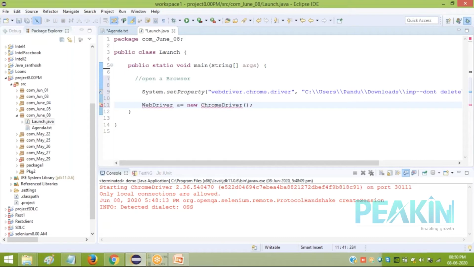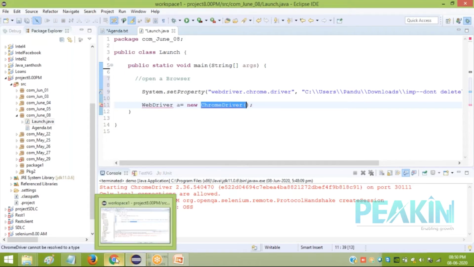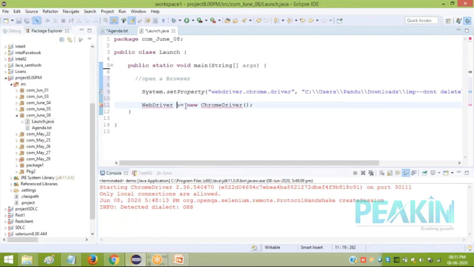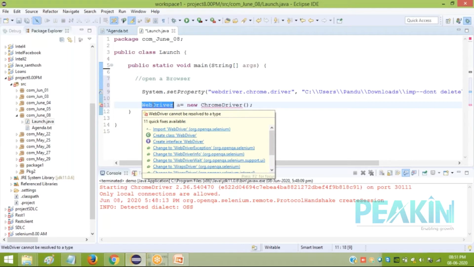This is your constructor. So you're creating here an object A referring to this ChromeDriver, but the type of A is WebDriver. It's an interface. Now, first of all, we'll import this. It's coming because you have added the jar files of Selenium.